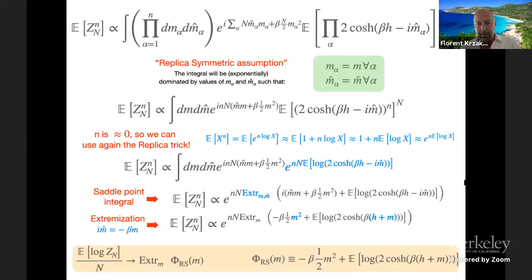So here it is. That's a full replica computation in a simple case, but it doesn't get much more complicated than this. It gets more tedious maybe, but the ideas are always the same, right? And now physicists will say, fine, now the expectation of log Z over n will converge to the extremum of this function, which is written. So we have replaced the evaluation of the intractable quantity with something which is just a one-dimensional integral and a minimization process. So it's a trivial thing to do. All right,